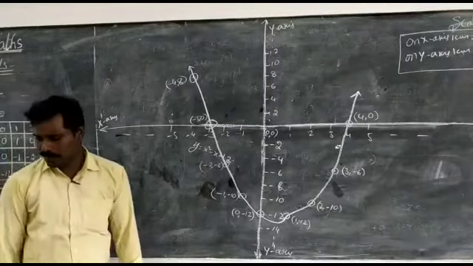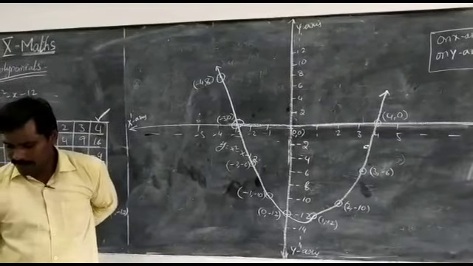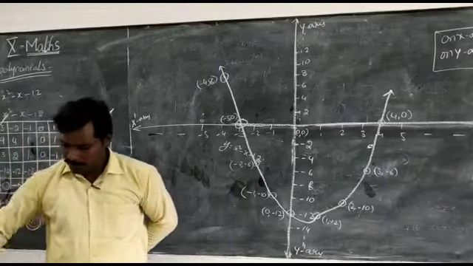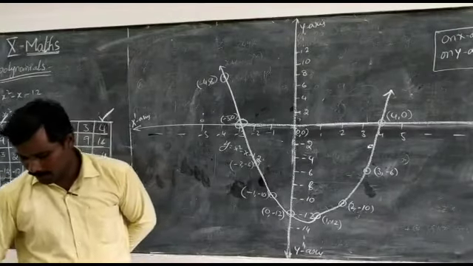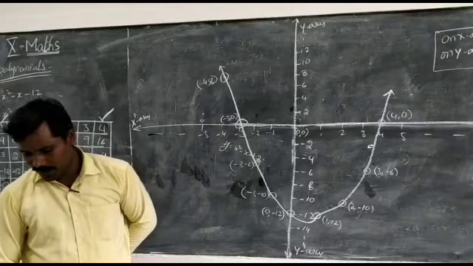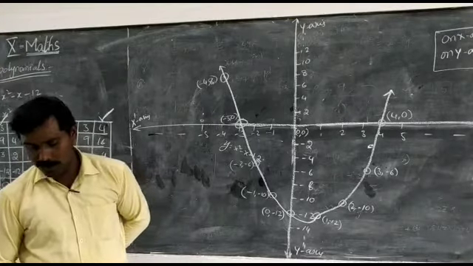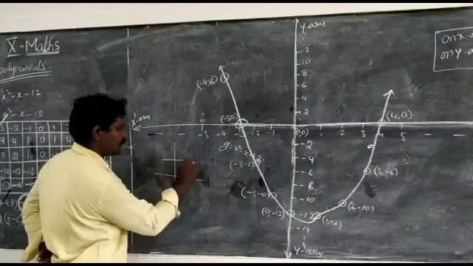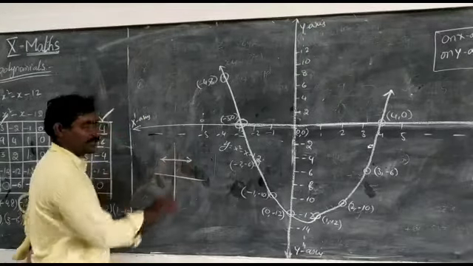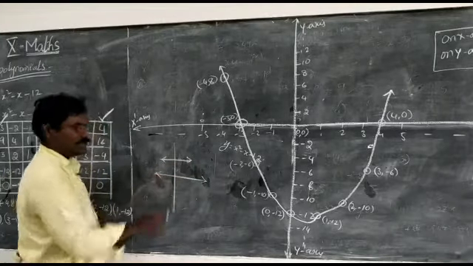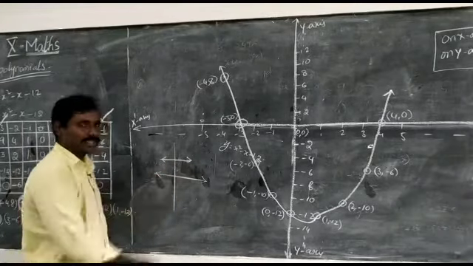Now we are going to the first Roman 3-point exercise, page number 60. See here, the graph of y is equal to p of x is given in the figure below for some polynomials p of x. In each case, find the number of zeros. See here, the first graph is like this. This is a line segment. It does not touch the x-axis. There is no contact with the x-axis.